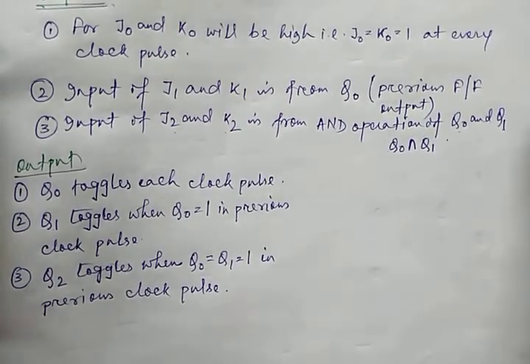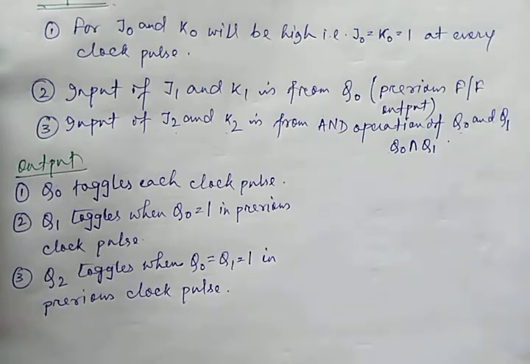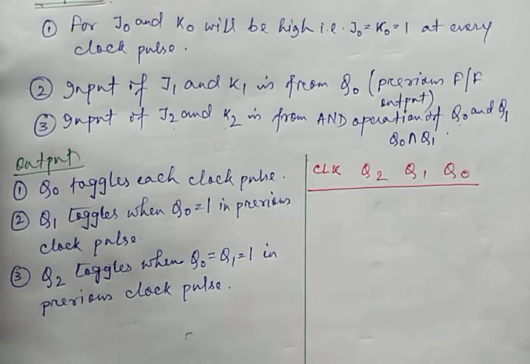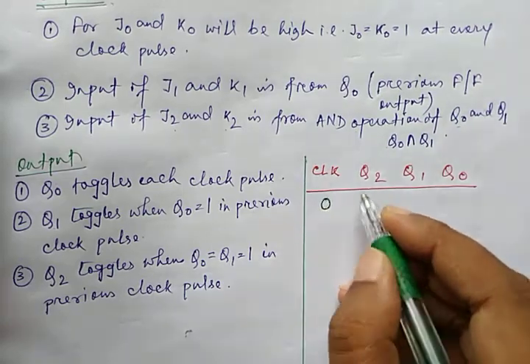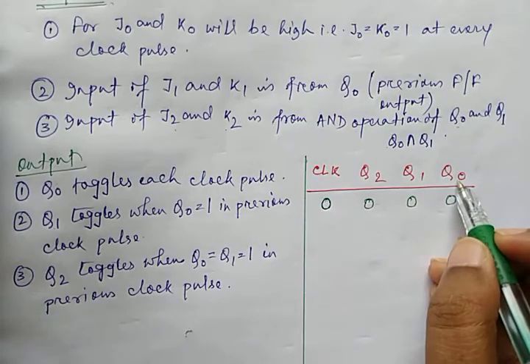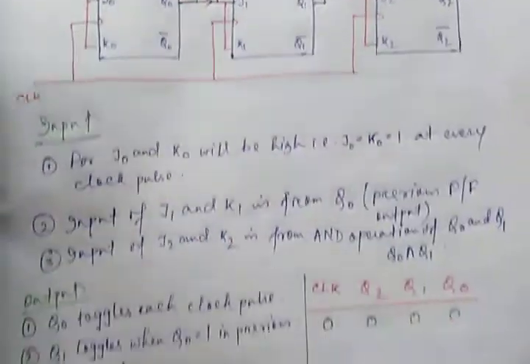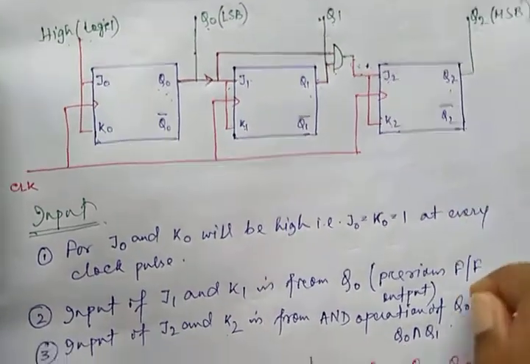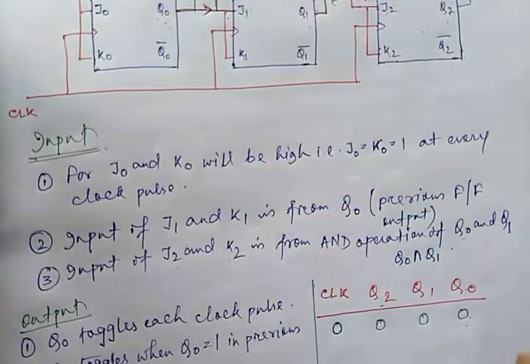Now let us create the truth table of the counter to see whether it will generate the output of 0 to 7 or not. So here is our clock pulse. When initially the clock is 0, all the states will be in the reset condition, that is 0. Q is written on the right hand side because Q0 stores the LSB, so the LSB must be on the right hand side. That's why Q0 is written on the right hand side, and Q2 stores the MSB. So Q2 is stored on the left hand side, and in between are the flip-flops in their corresponding order.